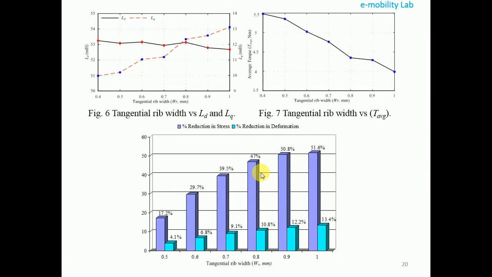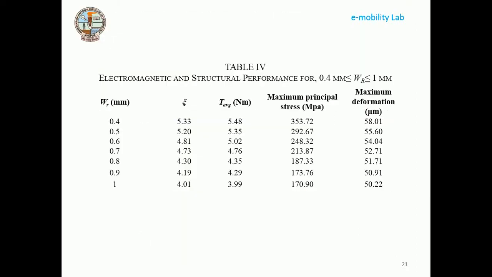Now what should we do? If we make the rotor mechanically robust, then it is decreasing the torque. This is an open problem. Somebody can come up with a better solution. What we have done, I am just going to tell you those things. Now this is the detailed analysis that we have shown in the graph.